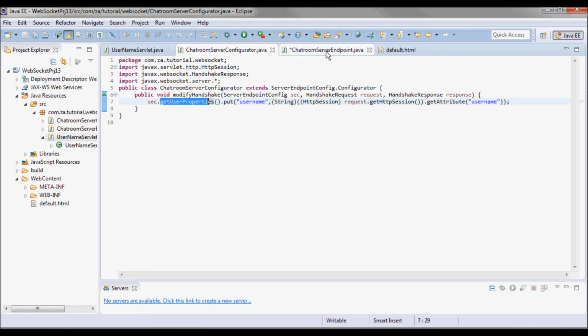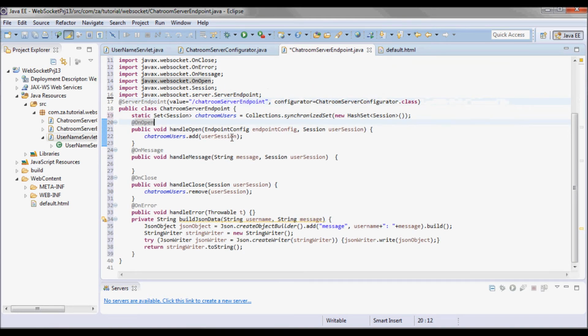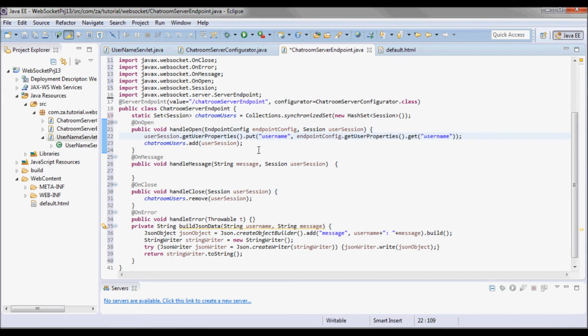So now in the server endpoint, chatroom server endpoint, what I can do in the handle open method, I can call get user properties on the user session and put the username, and I'll pick up that username from the endpoint config instance dot get user properties dot get username. So this is coming from what I set up here.